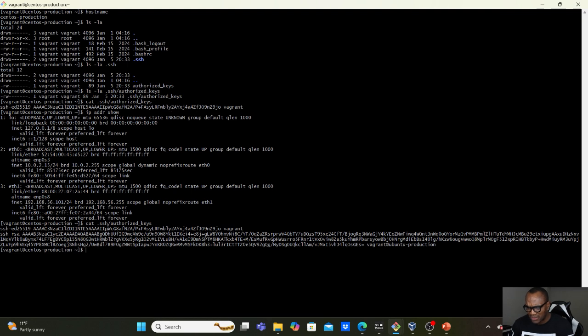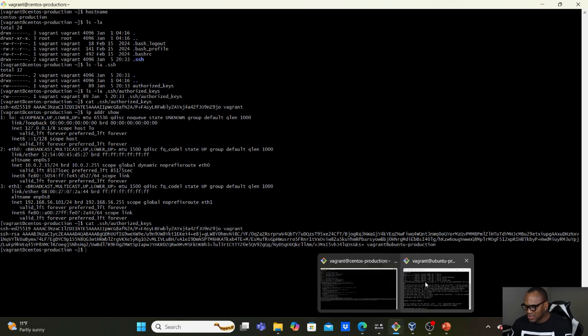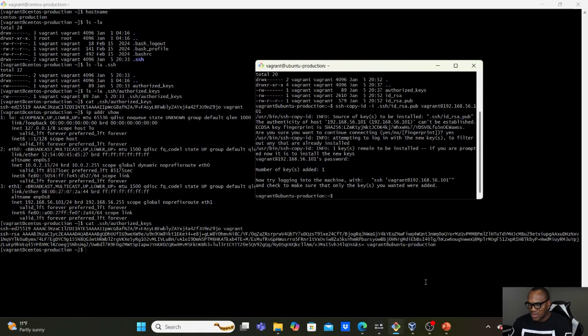But now that we have sent the public key, this is what is now in the authorized key. You can see this is now what is there from the SSH. That key has been added. So that's that. Now we have added the public key to the remote machine. Now we can log in